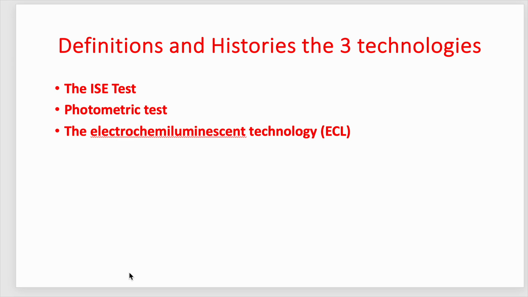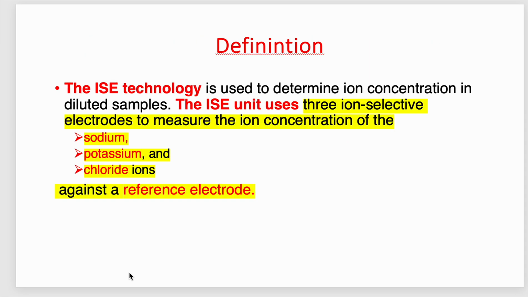Hello again. I'm continuing with the clinical chemistry analyzer. So today I will do some definitions and a little bit of history of three technologies used by analyzing chemistry and immunology: ISE, photometric test, and ECL. So if I start with the ISE technology, it's used to determine ion concentration of three ions: sodium, potassium,